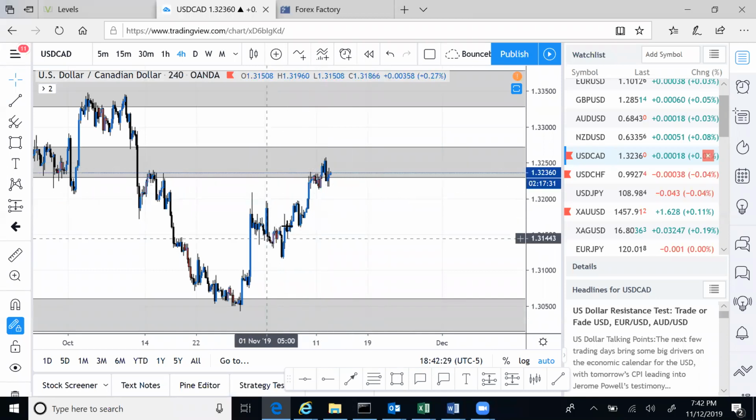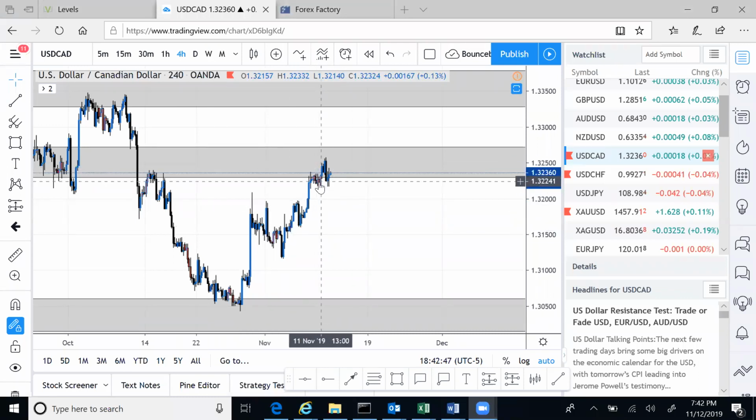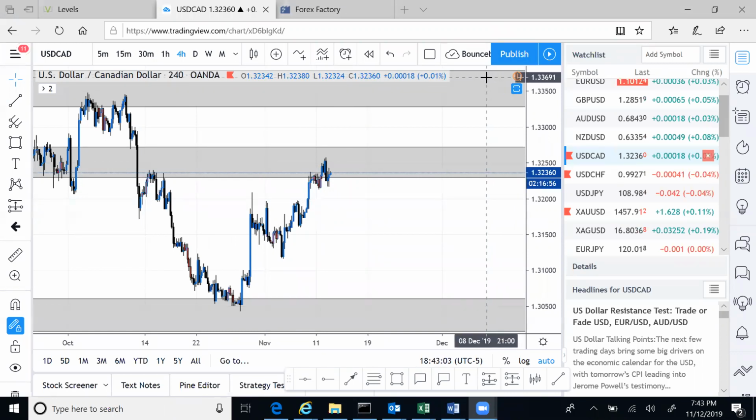What type of pattern is forming on USDCAD? What else? Yes, we know the head and shoulders. Maybe you can see it more on the 1 hour, but right now I am not looking at that. What is the bigger picture you can see? Nope. Good try though. That's right, Ryan. Well done.